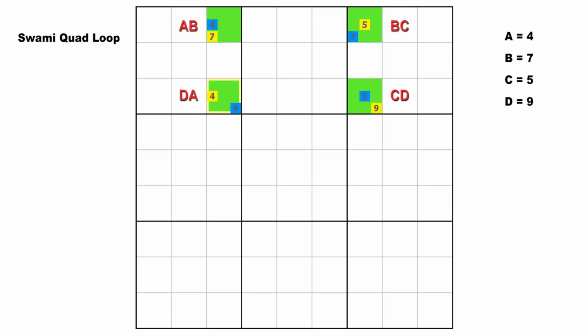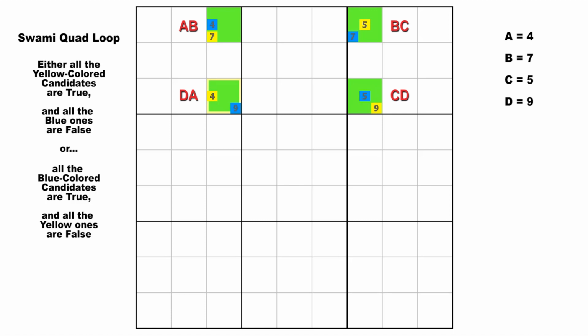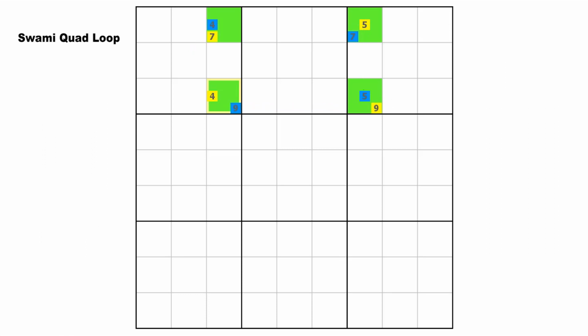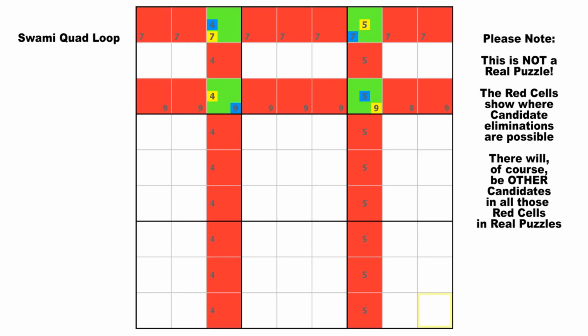And further, we also know that either all the yellow-colored candidates are true and all the blue ones are false, or vice versa. All the blue-colored candidates are true and all the yellow ones are false, because this is a continuous loop. And because these 4 cells are situated in 2 blocks, we know we can make candidate eliminations in these 6 houses like this. We know there can't be any other 4s in column 3, there can't be any other 5s